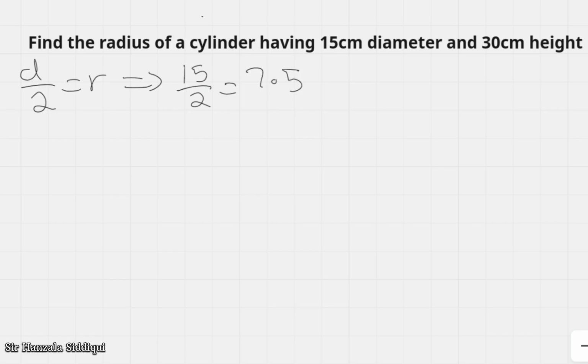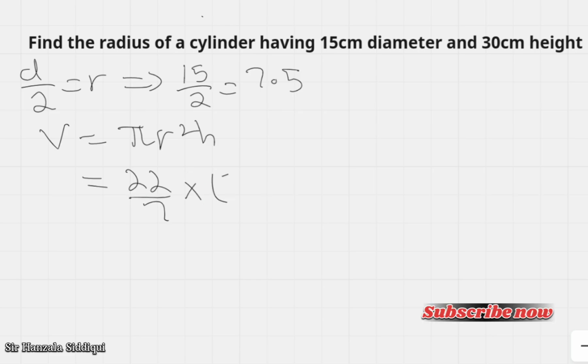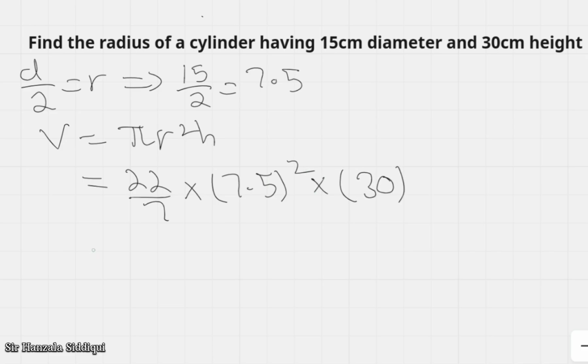Now we find the volume. The formula we have is V equals pi r square h. For pi we write 22 over 7. The radius we have is 7.5 square, and the height we have is 30. When we substitute the values into the calculator, we get